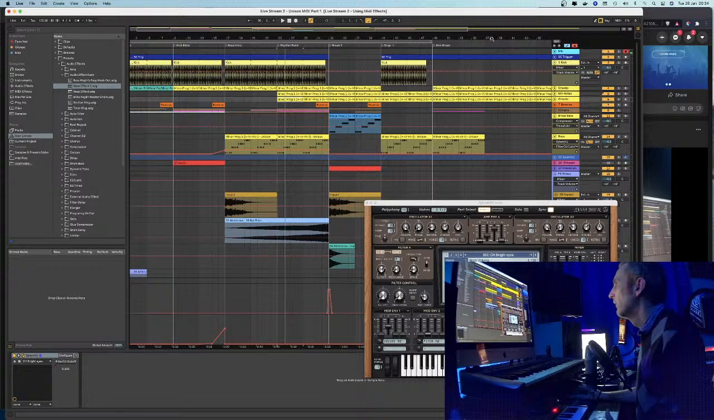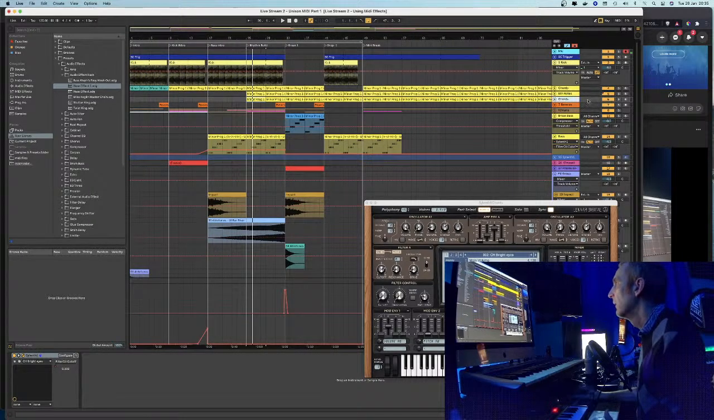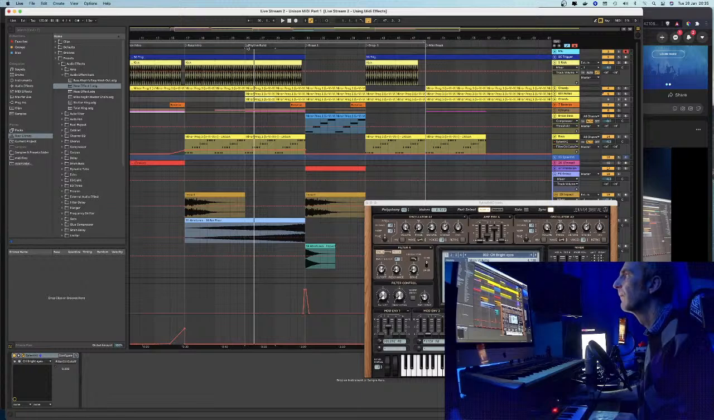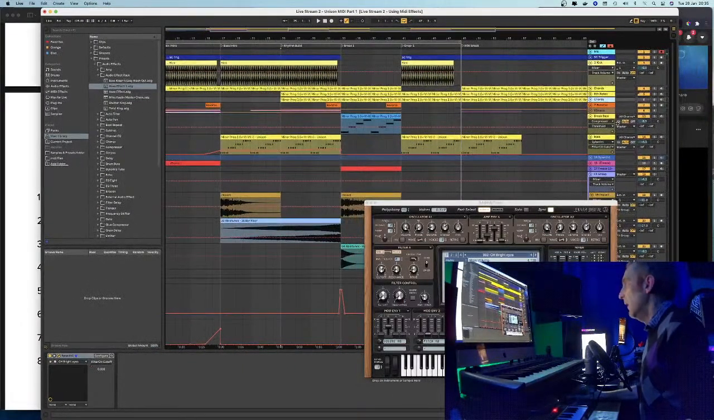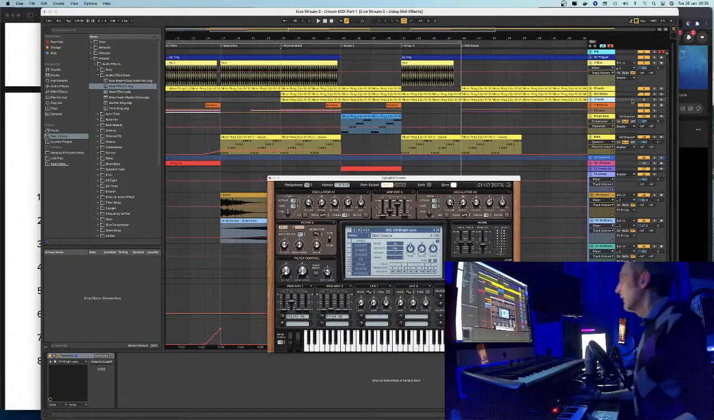Didn't realise I've actually got two versions of that chord running there, so I'm just going to mute that one off. I don't want that. May actually use that as a different layer, so we can demonstrate what we're going to talk about here. Try adding a new synth layer and sound, so maybe that's what I was actually trying to do last night before the end of the session. So